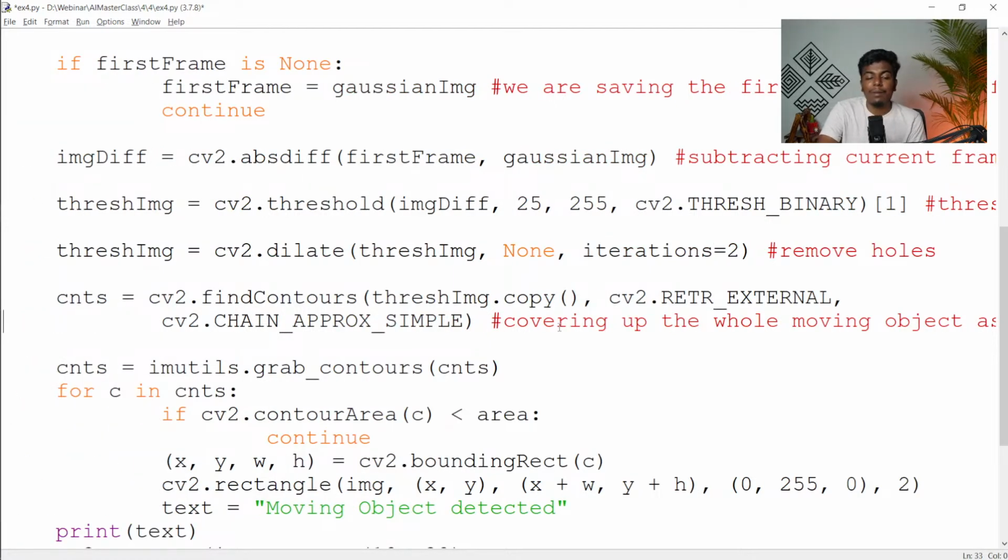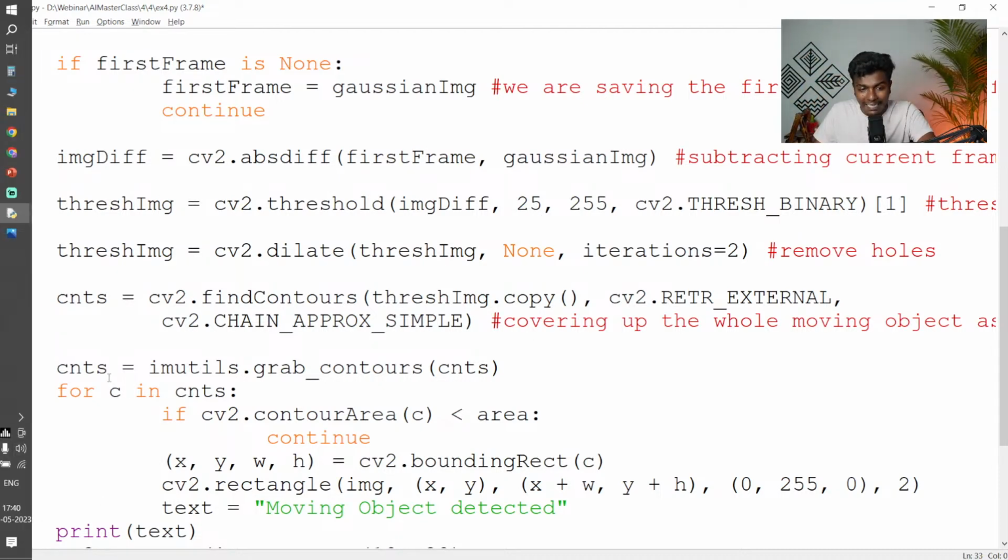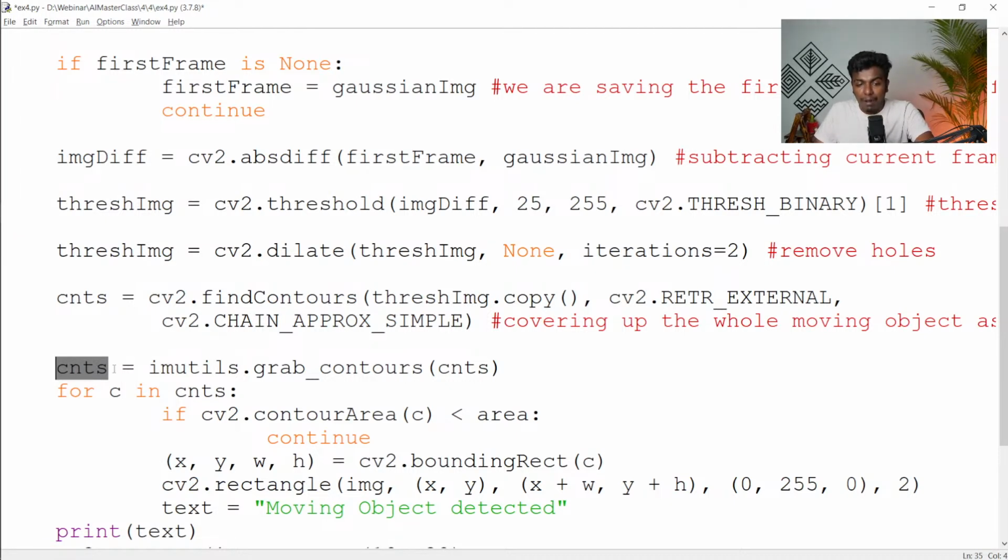Once it has been formed into a single area, we are going to grab those complete contours, kept in the variable called cnts. From cnts, we take one by one. So for c in cnts, if the contour area of c is less than the area threshold, for example if that pen area or my hand area is less than the threshold,